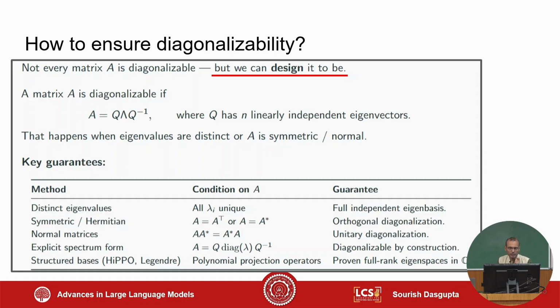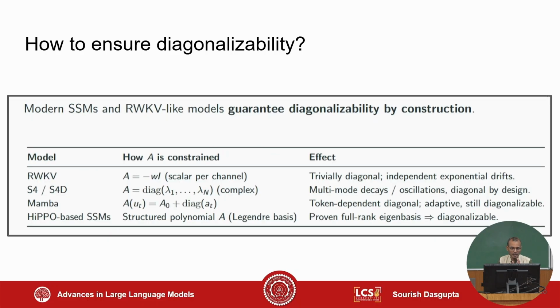So the key thing is that we need to design it, which means when we randomize it, we don't just randomize it, we actually seed it in a very thoughtful manner, right? Like if you look at Mamba, it also did the same thing. If you look at S4, it did the same thing. S4 just computes the lambdas and creates the diagonal matrix, and that becomes the A for S4, right?